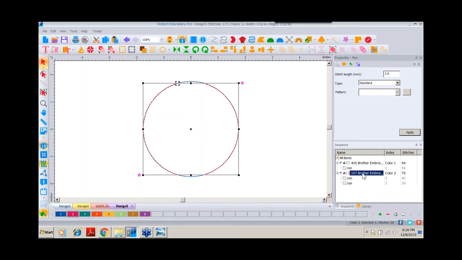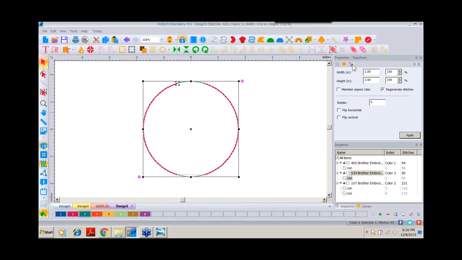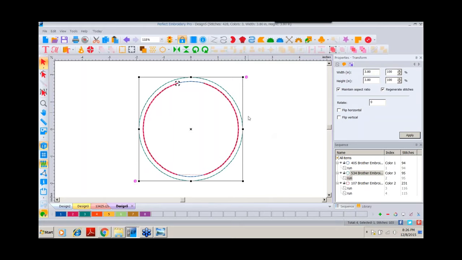I'm going to select both pieces of that and come over here and make it a bean, so it is my decorative stitch. And then finally, I'm going to come up here to the very first circle, select the first one again, copy, paste it. I'll change my color, and I'm coming over to size and making that a 3.8. I'll go ahead and put my maintain ratio. I'm going to put a 3.8, so I'm making it a little larger, a little bit more than a 1/4